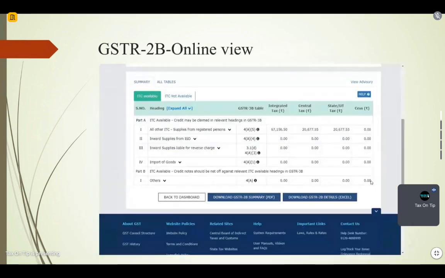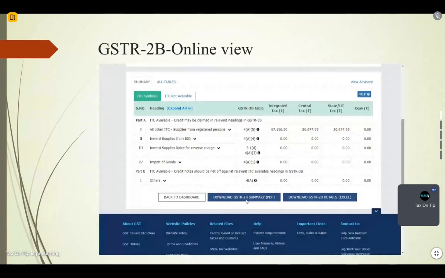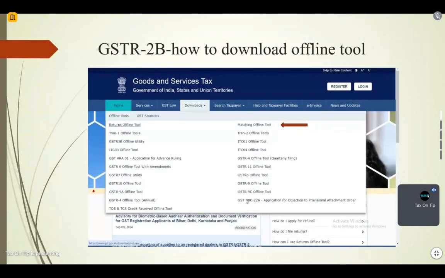Okay, so I have told you that there are two options to download the 2B. One is through the Excel mode and the second one is through the JSON mode. To download the JSON, you need to have a software, a utility. So what is that utility? Once you go again to that download file,